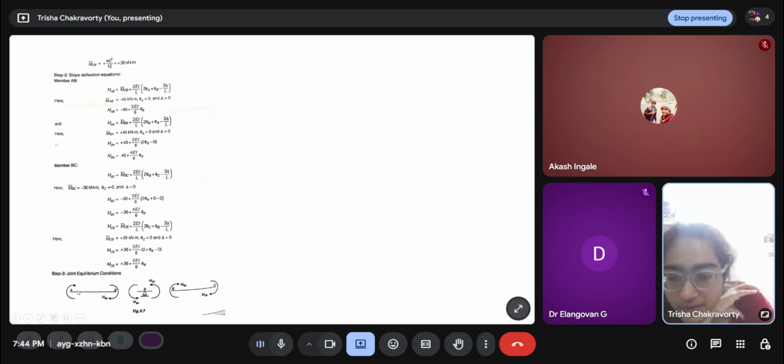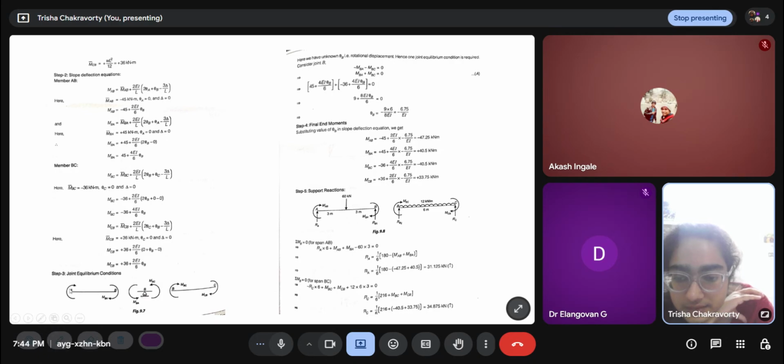I've kept them. Now I have to write the joint equilibrium equations. Imagine you are cutting just at the roller support B. Imagine you are cutting a section just to the right and the left of B. So I am getting the AB span which has MBA like this, and MBC, and just to the left of B I have an MBA, right? And just to the right, I have an MBC. So what is the joint equilibrium equation? The MBA and MBC should add up to give me 0, because they have to be equal. It's a continuous thing, right? The moment at this side or this side cannot have a jump.